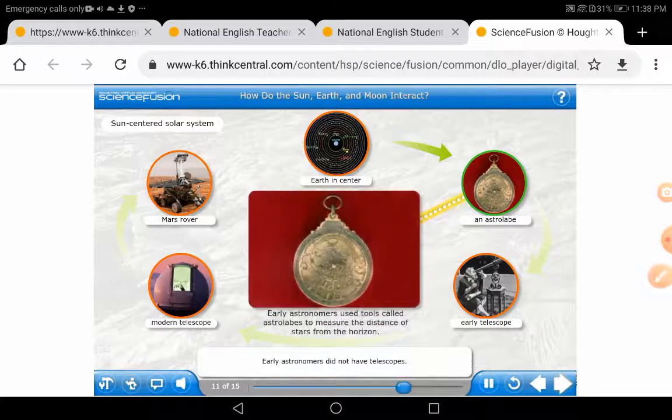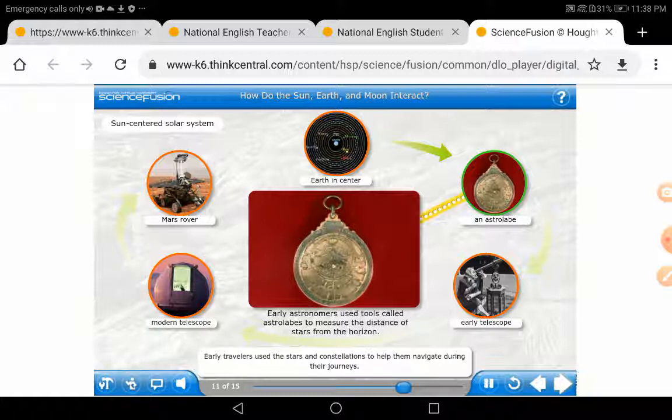Let's see. Early astronomers did not have telescopes. Instead, they used tools like this one to measure angles. Early astronomers used this data to estimate how far away each star was. They also made maps of the constellations. Early travelers used the stars and constellations to help them navigate during their journeys. Yes, the stars guided the travelers through their journeys. Let's see a little